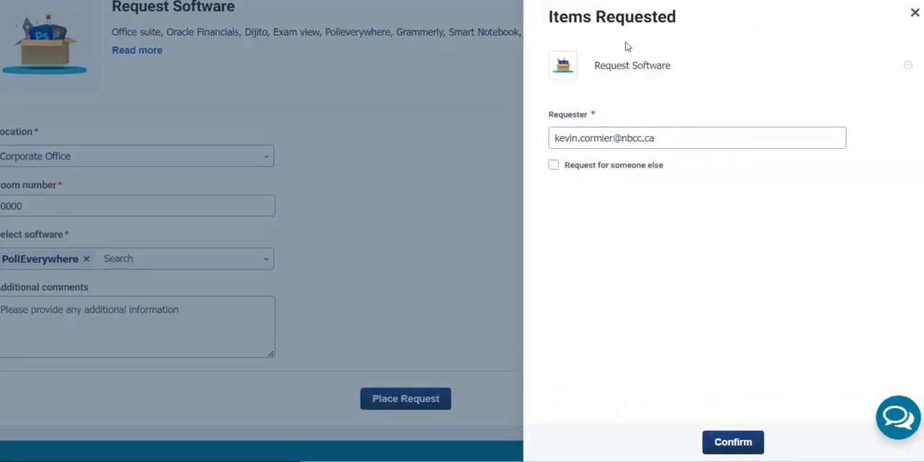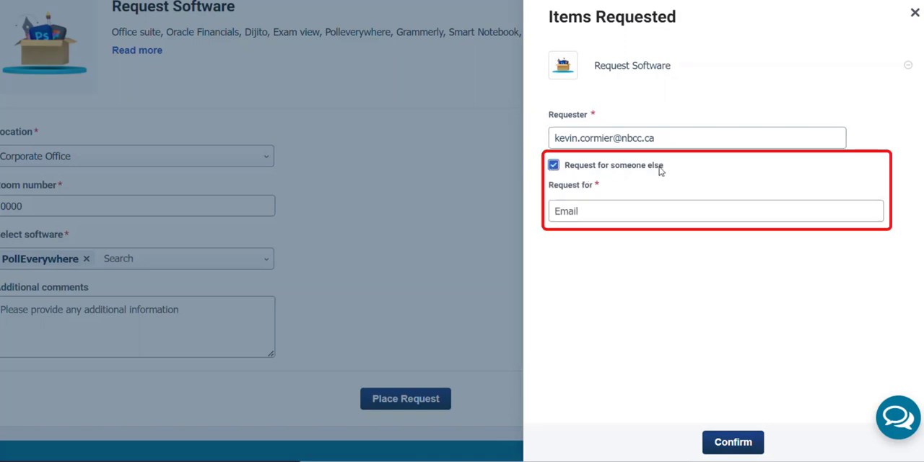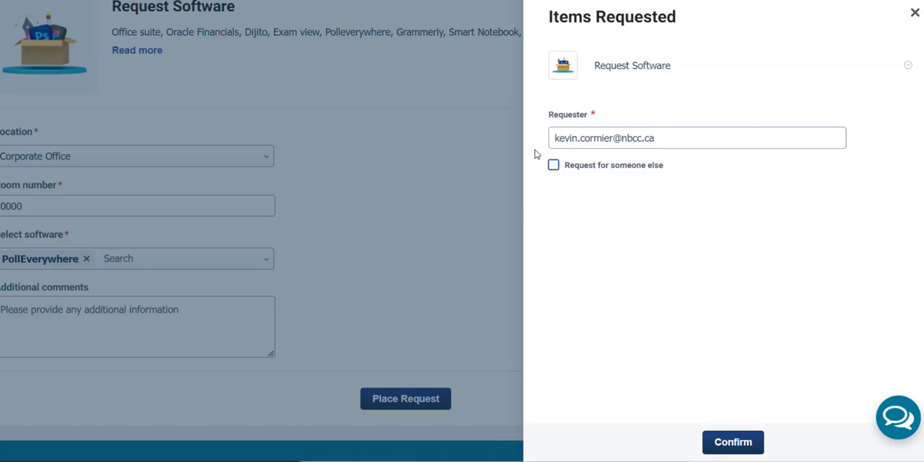And so once I do that, it'll verify the items that I'm requesting here. It'll verify the requester email. So if you're requesting this on someone else's behalf, I can check off Request for Someone Else and fill in their email here. But for the demonstration, I am requesting the software for myself. And then I'm just going to press the Confirm button here at the bottom of the page,